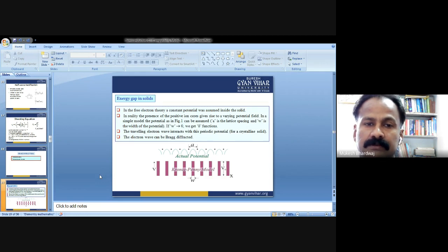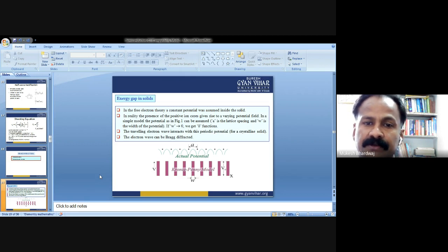Before starting the topic of semiconductors, we first go into detail on the internal physics related to solids, and there is one more topic, that is, the energy gap in solids. All materials, whether solids, semiconductors, conductors, or insulators, are categorized or differentiated on the basis of the energy gap. So, the energy gaps in the solid.